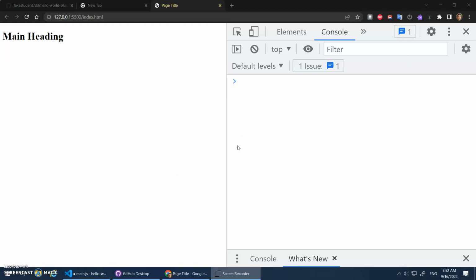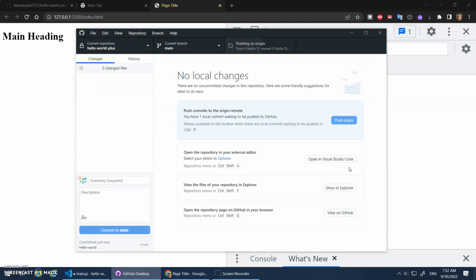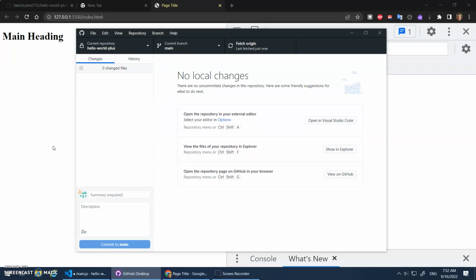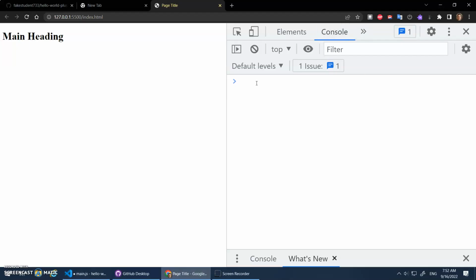Okay, so we're back to our hello world here, and I just wanted a quick reminder, right? We should update our GitHub Desktop here, make a commit, and push origin, make sure we're saving, synchronizing our stuff on our local computer and on GitHub. And then one thing I wanted to point out as well is I mentioned opening up this console, and I